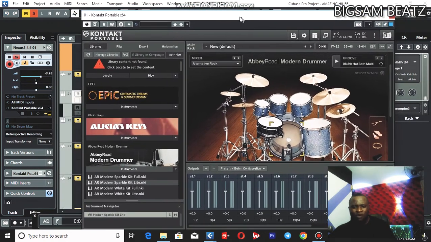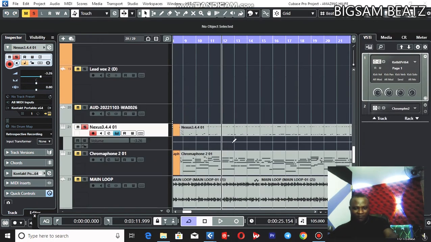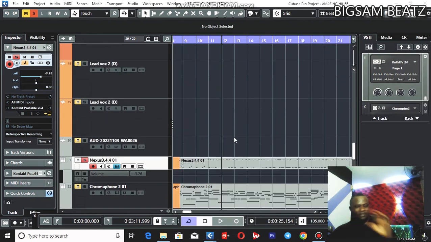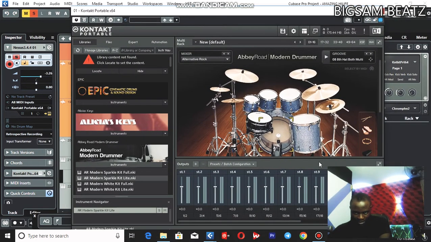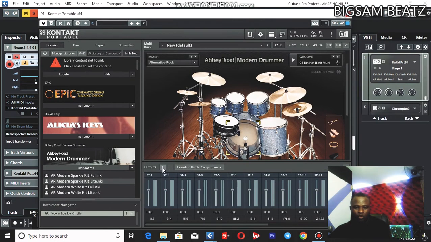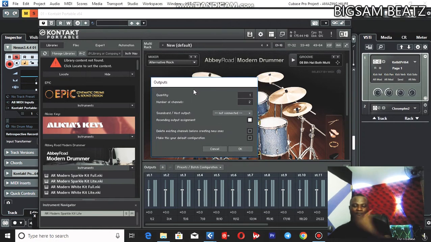Yes. Now, after playing this, I want to have or get this play as wave into my DAW. So first of all, what you need to do is to get to Kontakt. I go to output, this plus sign here, output, I go there. Now then quantity, the number of outputs that I need or I want, you can select. I always choose 16 or 10 or 20, so it depends on what I'm doing, or the number of channels or instruments that I'm playing with this library. So after selecting them,